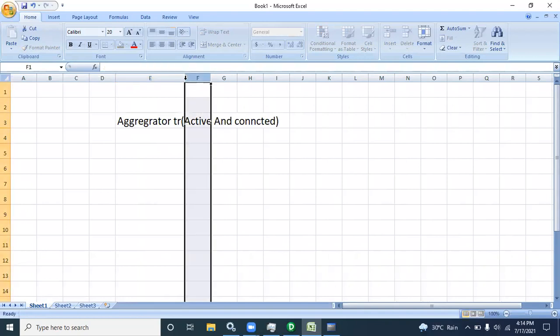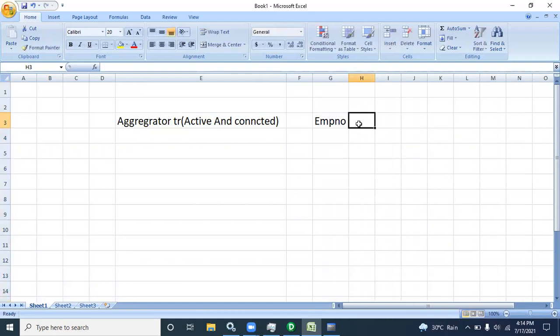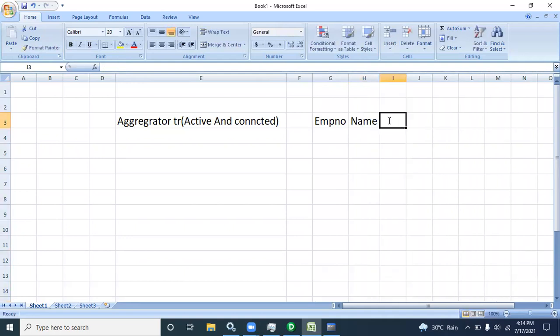How will the aggregator transformation work? Suppose you have employee number, name, salary, and department.